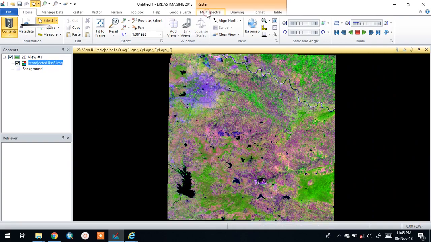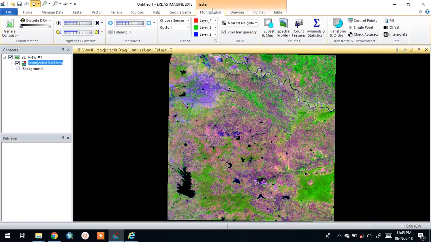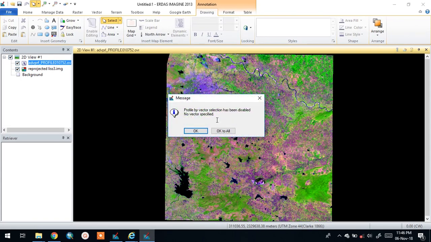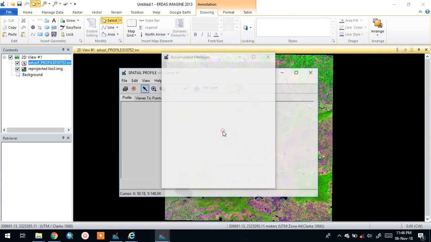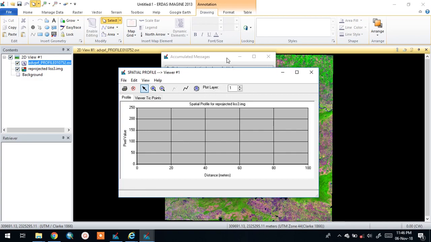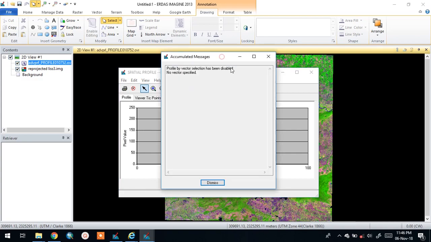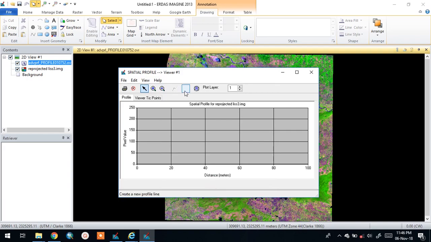Now go to the multispectral and here go to the spectral profile and here you can see spatial profile. Click on it. OK to all. This option, create a new profile line. Click it.